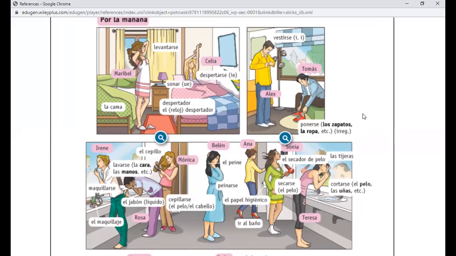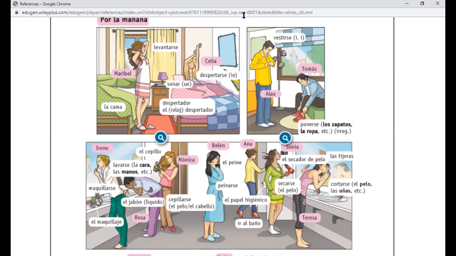Las acciones. Por la mañana, el despertador. To wake up. Okay. Levanta. That's the verb, right? We are not going to make too much sense now because we have to conjugate it. But first, we're going to say what's going to happen. Por la mañana. To wake up. Despertarse, después levantarse. El despertador, ¿qué hace? Sonar. Okay. Levantarse de la cama. Okay.